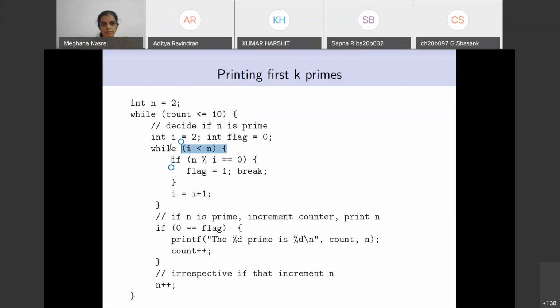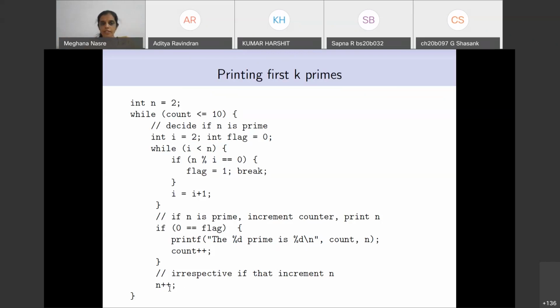Because suppose we check for 4 and when we go for 5, ma'am. So just hold on. You are looking at it from 4, right? So when you are at 4, n has become 4. Is that correct? No, n has become 5, ma'am.